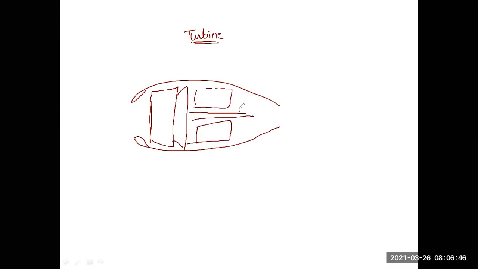After the combustion chamber, the first thing that comes over here is the stator. It's a stationary part that is called the nozzle guide vanes. And after that, we have got a turbine blade which rotates the compressor. The function of the turbine is to rotate the compressor. When this rotates, the compressor rotates, beta. So the turbine has to rotate the compressor. That is one of the important parts that we should understand. Let us first understand what the turbine is.